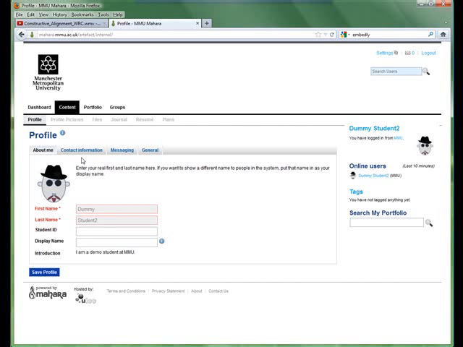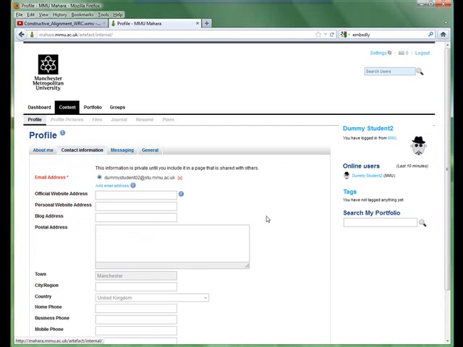In terms of additional information, if we click on the contact information tab, here we can add a whole range of different levels of detail about ourselves. Again, some information is brought through automatically, the student's MMU email address, and if you're a member of staff, your staff MMU email address will be pulled through automatically from your Moodle account. So we can add stuff in here. For example, we could add